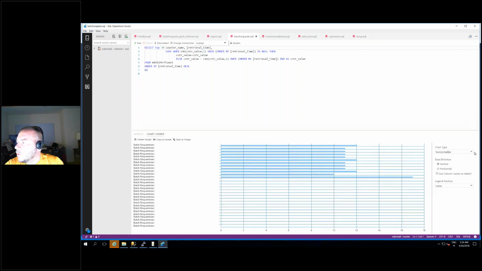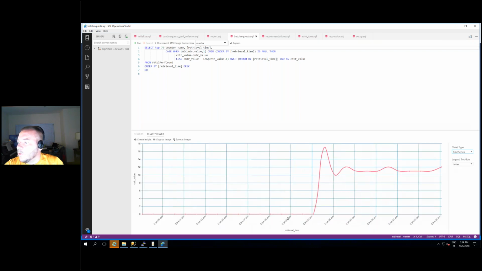And I'm going to look at this as a time series. So you see now that initially there were no batch requests, but it went up. So we have a baseline here. This is the current performance of SQL Server.